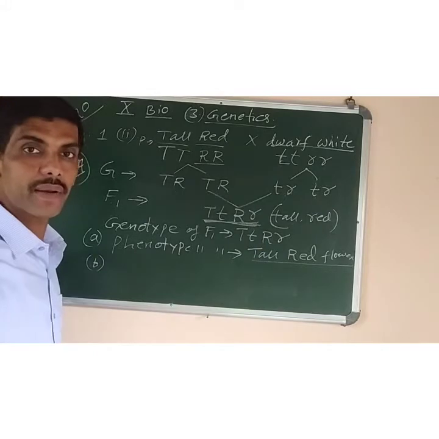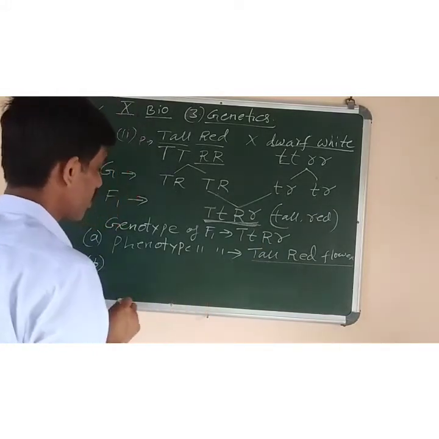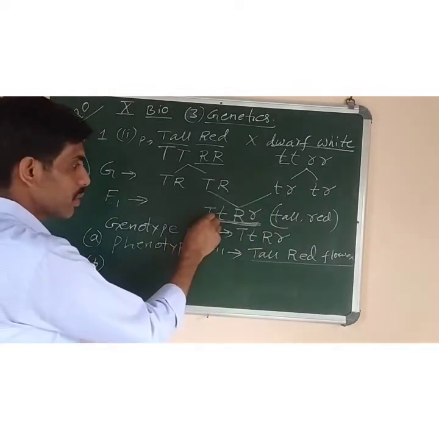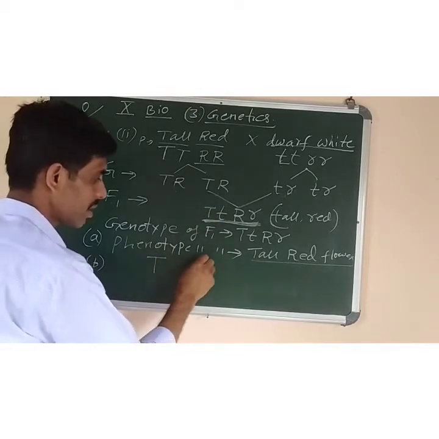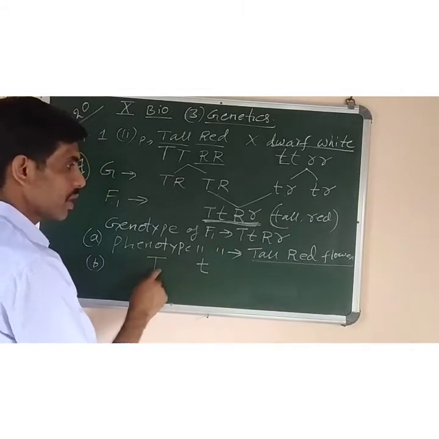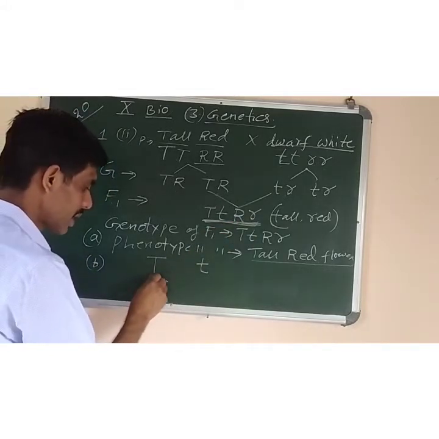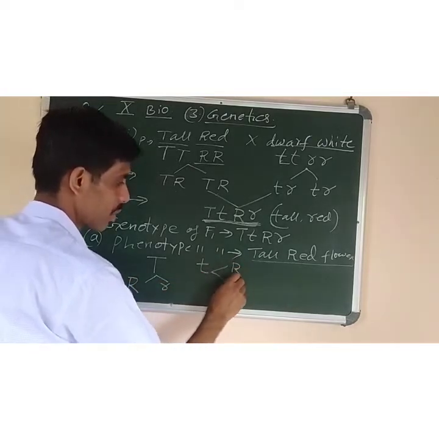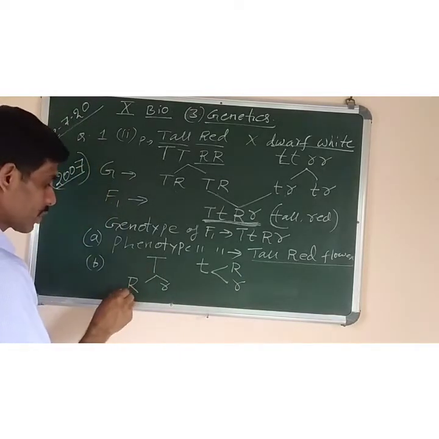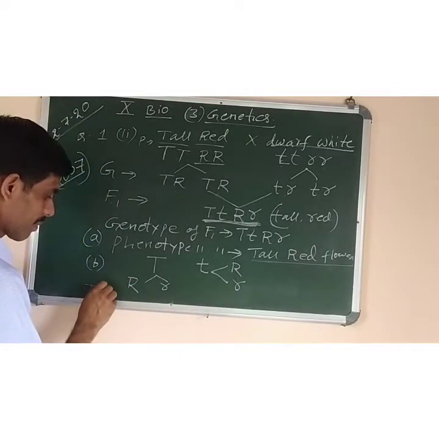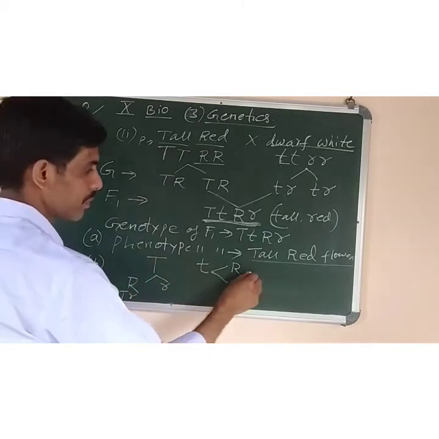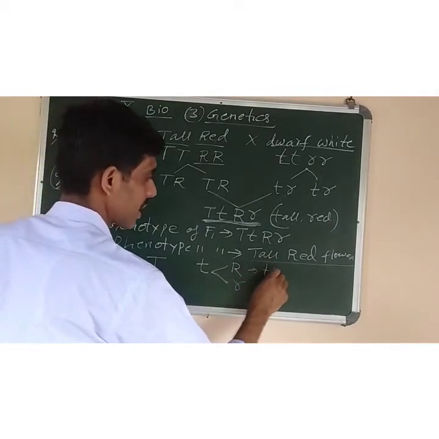It's very important to learn how to make the gametes. So I will give you one idea which will help you to learn how to make the gametes. Here you can see heterozygous capital T small t. So you can write one capital T here, one small t here. Now capital R small r is there. Like this you can write capital R small r. Here also you can write capital R and small r. And now combine them and write: first one is capital T with first capital R. Second one capital T with small r. Here also first one will be small t capital R.